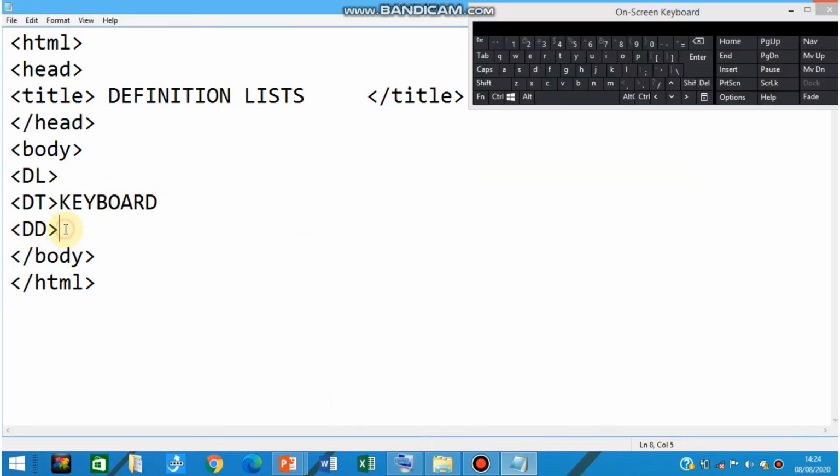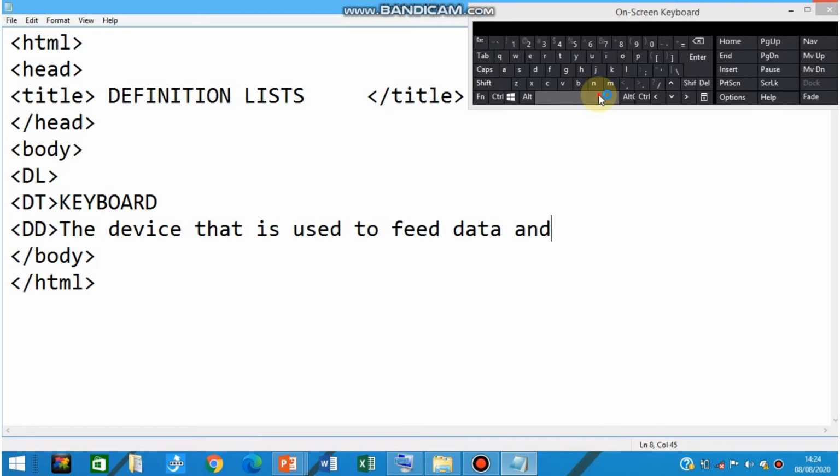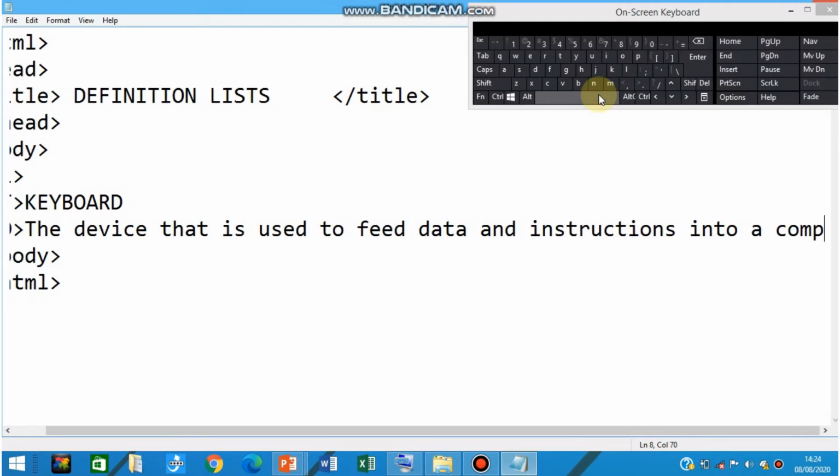Now what is the definition of keyboard? The device that is used to feed data and instructions into a computer.